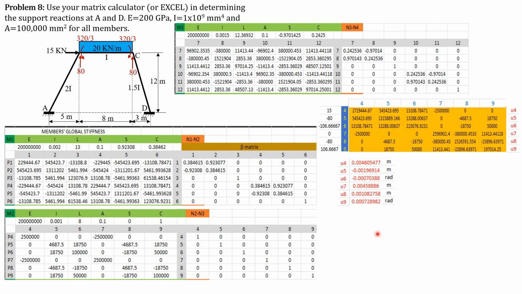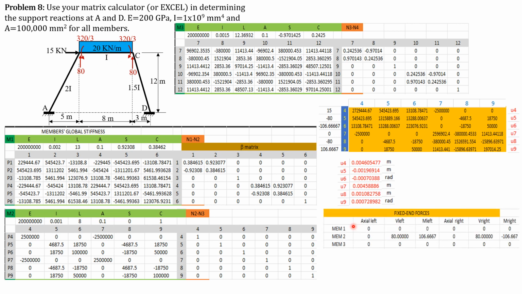Then for the fixed forces, only member 2 will have fixed forces. After we compute the member forces with the guide, the member forces of members 1 and 3, AB and CD, will be final except for BC, because BC has fixed forces. So you also tabulate it in your matrix calculator. So only member 2 will have fixed forces.